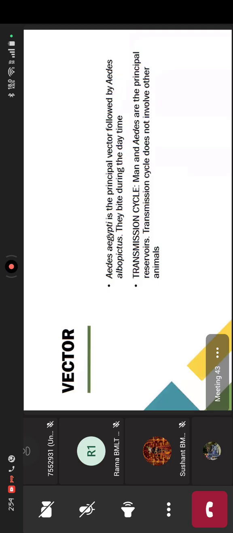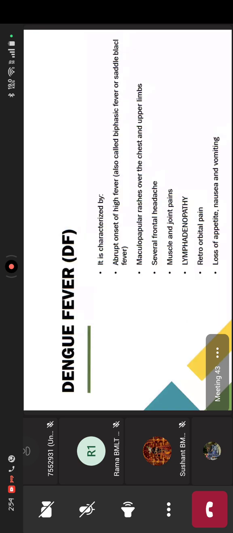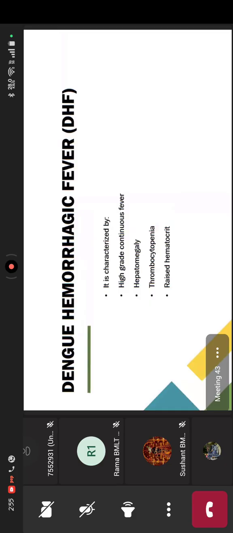फिर हमने पढ़ा था क्लासिफिकेशन। तो डेंगू वायरस की 3 क्लासिफिकेशन होती है, डेंगू फीवर, डेंगू हेमोरेजिक फीवर और डेंगू शॉक सिंड्रोम, ठीक है। तो डेंगू फीवर में क्या क्या होगा, अचानक से हाई फीवर होगा, पेशेंट को फीवर चढ़ेगा, फीवर उतरेगा, जिसको हम बाइफेजिक फीवर या सैडल ब्लैक फीवर भी कहते हैं, जिसमें आगे की साइड फ्रंटल हेडेक होगा, मसल्स में जॉइंट्स में पेन होगा, आंखों में दर्द होगा, ये सारी कैरेक्टरिस्टिक्स है, राइट।